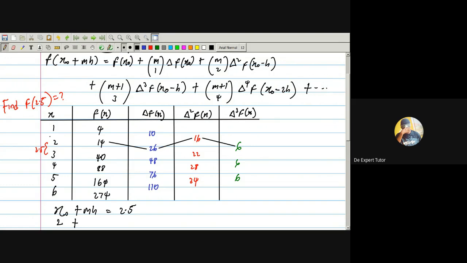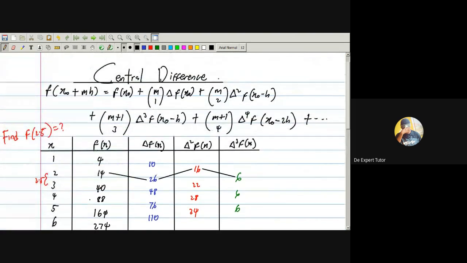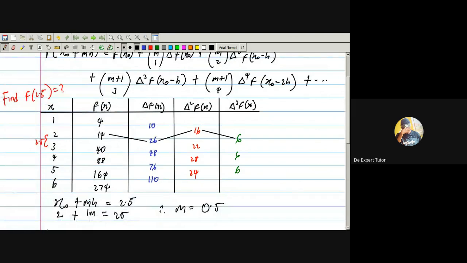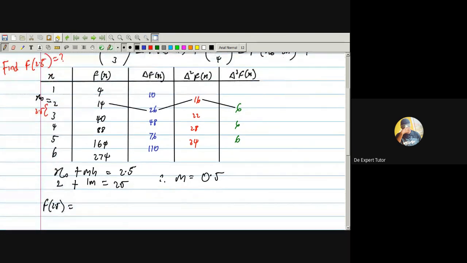Yeah, let's go. What do we have? What's our h difference? That's 1. m equals 2.5, so therefore, what is my m? M will be equal to what? 0.5, right? Yes. So let's go. It means that my f of 2.5 will be equal to f of x0. What is f of x0? Remember that this guy is my x0, so my f of x0 is 14. So I have 14